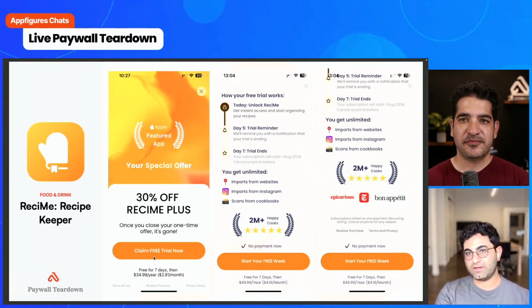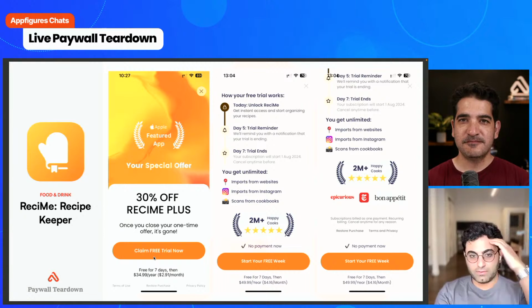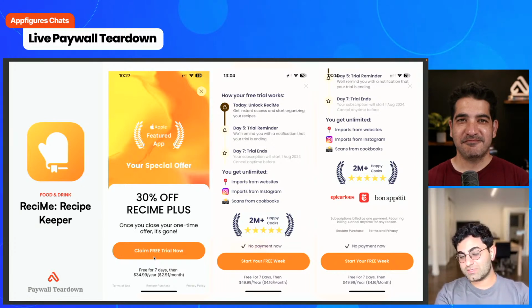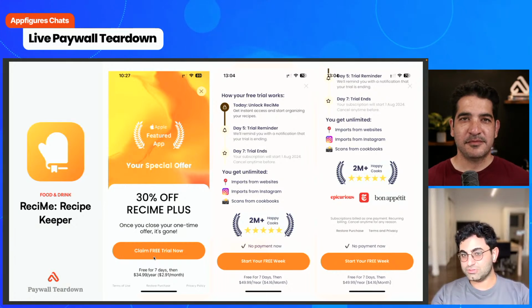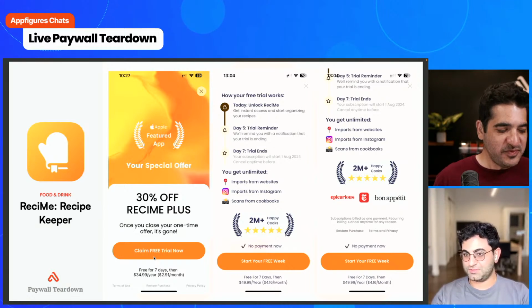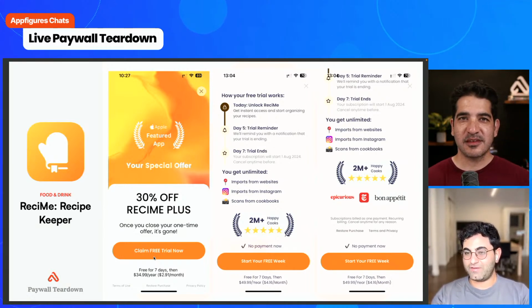The trial reminder gets more people to pay than it actually reminds people to cancel. Really? That's what they found. But also, it's very important to know this. The Blinkist team arrived at this solution through surveying. So when a user would click the X button on their paywall, they surveyed the user and they said, "Why didn't you just purchase?" And what they found was most people didn't realize there was a free trial.